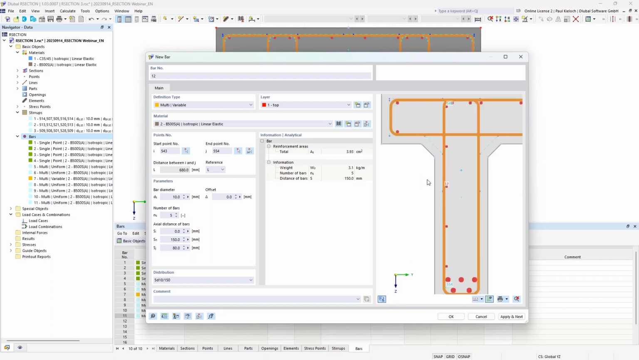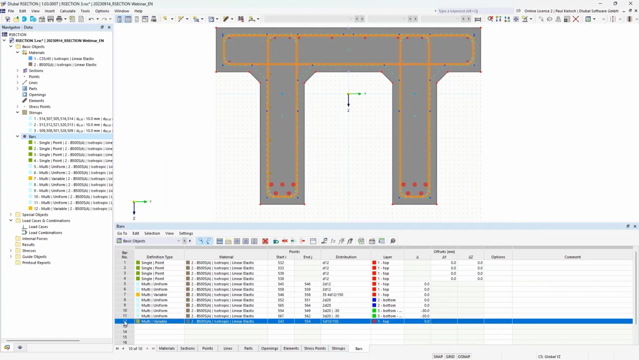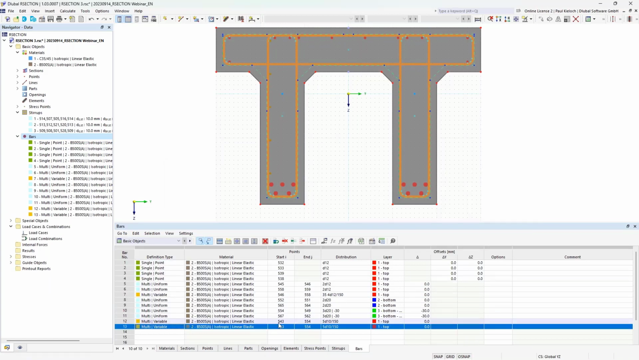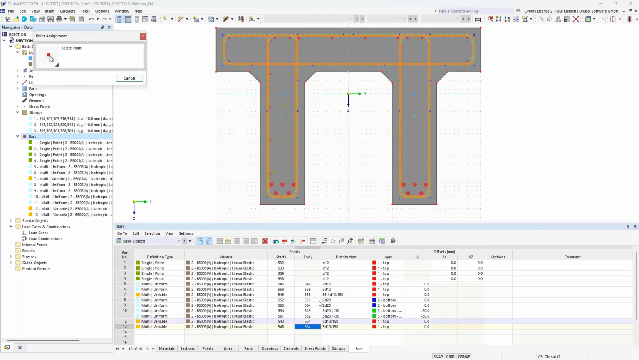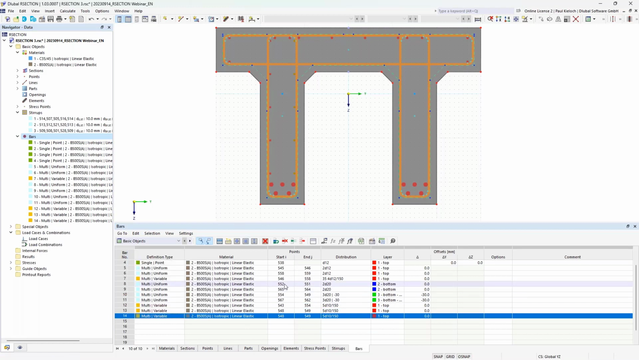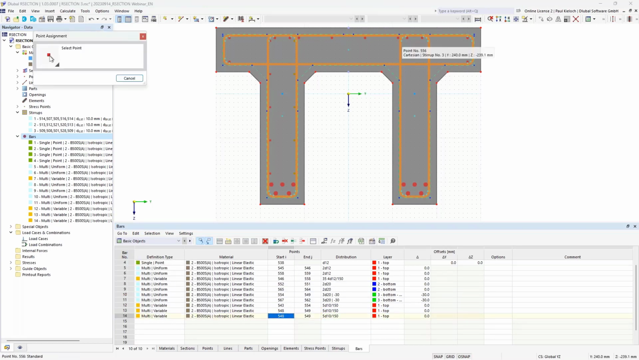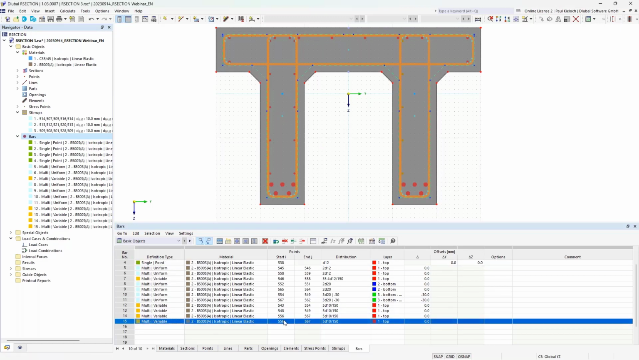If I click on this button, then you would see how this reinforcement would look like in this example. I can click on confirm, and then it looks like this. And here I can do the same. Copy the row, just modify the start and end point. Copy. Start and end. And the last one, copy,